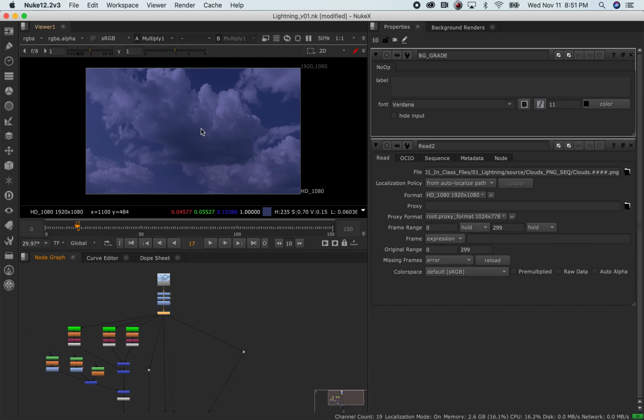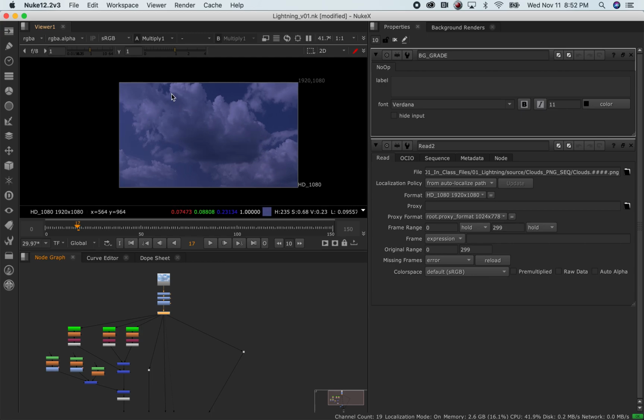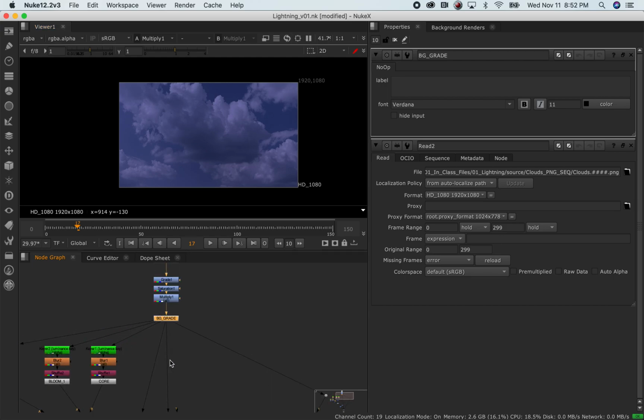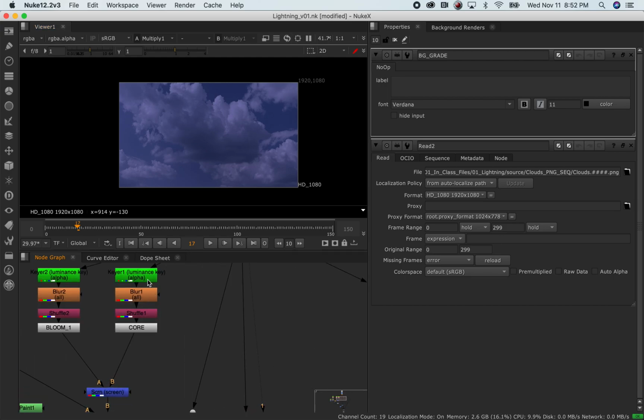And from there, if I think about this, let's see, what happens with lightning? What happens is that there's sort of light happening in the cracks of the details of the clouds. But the question is, how do we know how to make a glow? We know that lightning sort of glows, but how do we access those different areas of the cloud and control them? If you stare at these pixels, how can I separate different kinds of information here and create a mask or a matte for the effect that I want to have here? So the way I did that was Luminance Key,